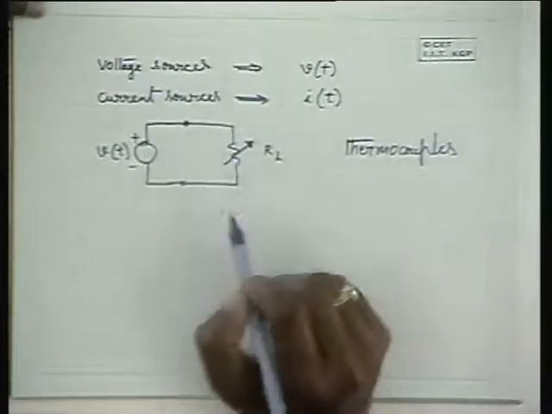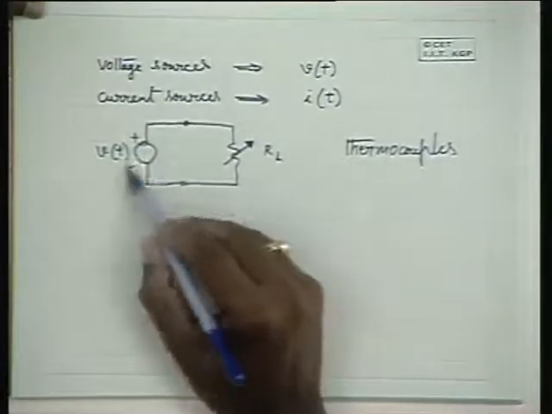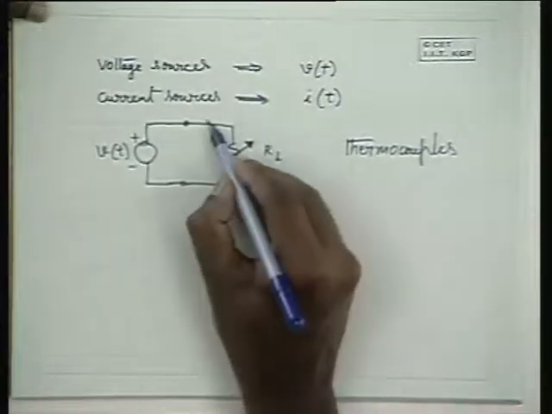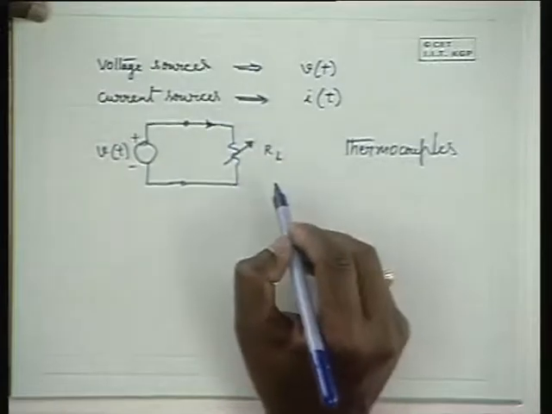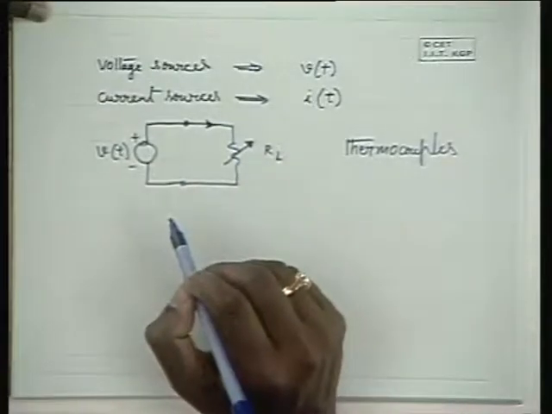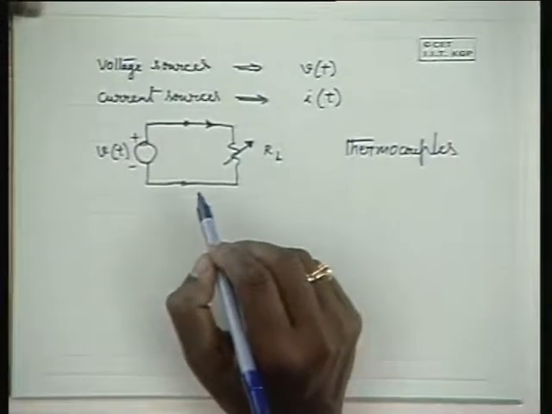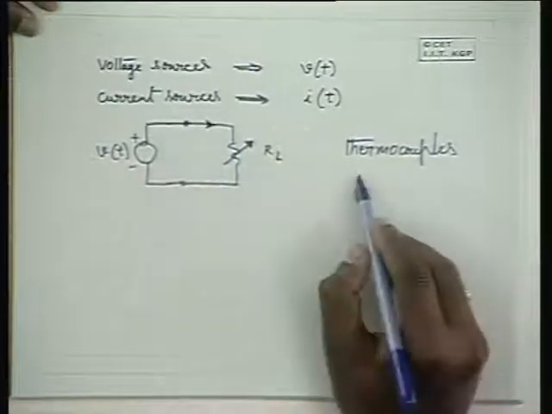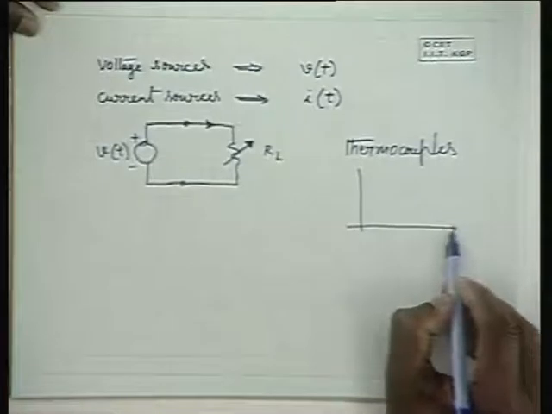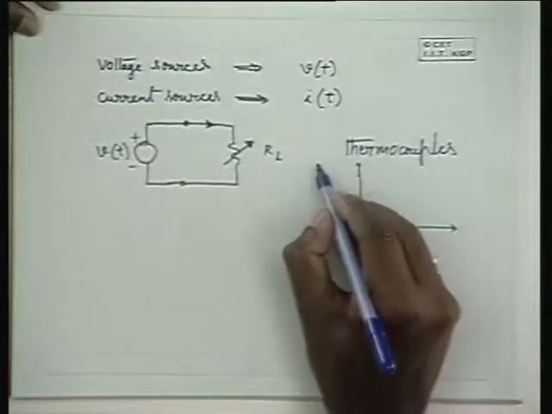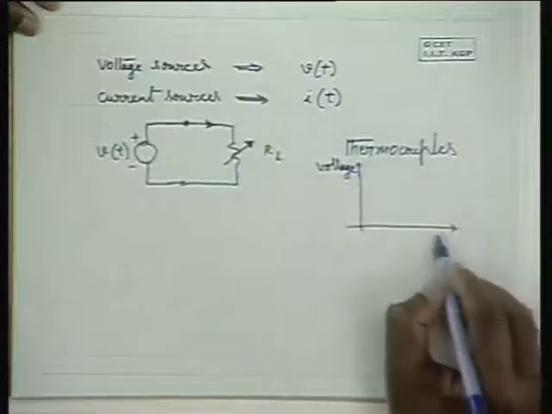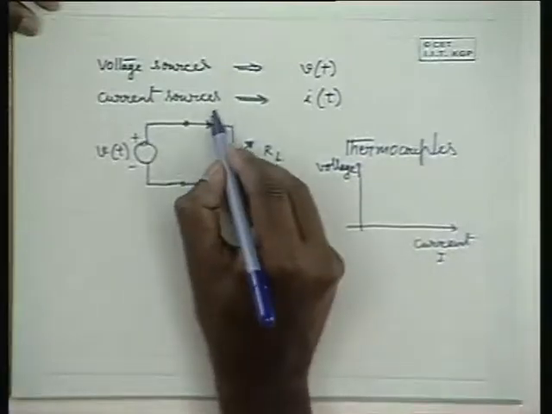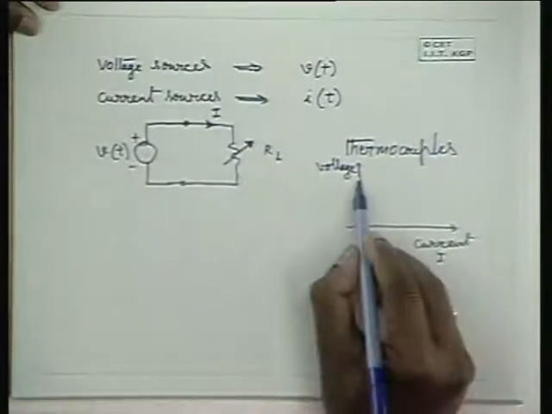So when the voltage doesn't change with load resistance, it is a voltage source, because when you apply a supply to the resistance, the current varies depending on the load resistance, but the voltage remains constant. But in practice, what happens to such voltage sources? I am taking the example of a constant voltage source. This is the voltage of the voltage source and this is the current you draw through it. With current drawn, do you expect the voltage to remain at a constant level